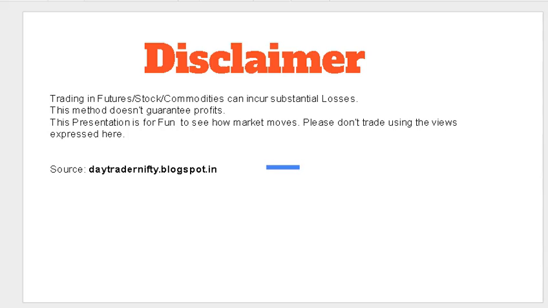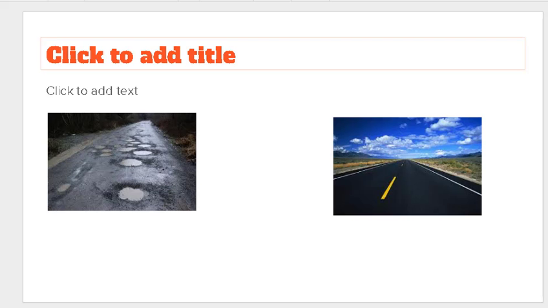Suppose you are on a journey and you have two road conditions, one here and one here. Clearly you will try to assess the time and everything based on the quality of the road, and based on that you will see how much time it might take to reach the destination and what kind of travel experience I will get. You will understand these things if you know the road conditions. Similarly, when we take the trade, assessing the space quality will help you in understanding what to expect.